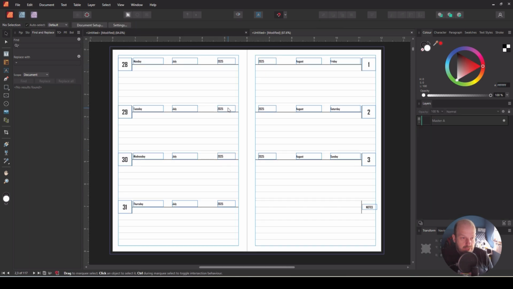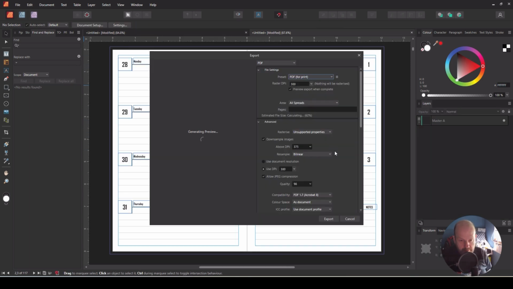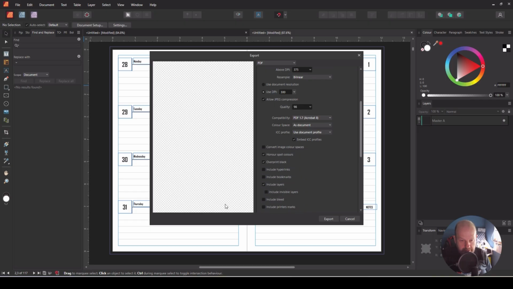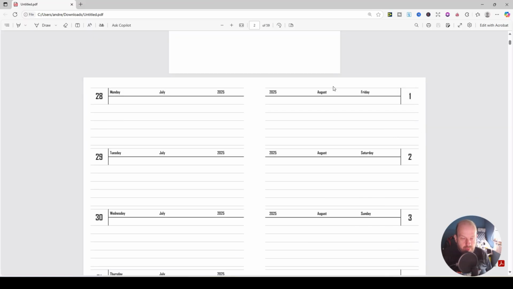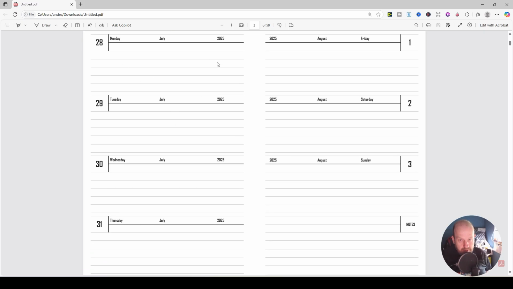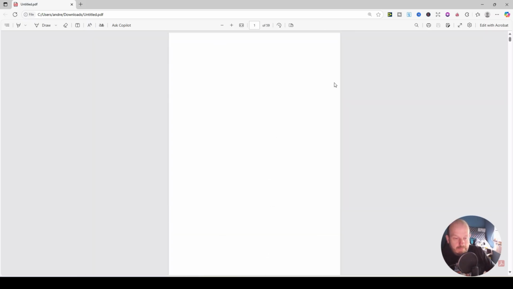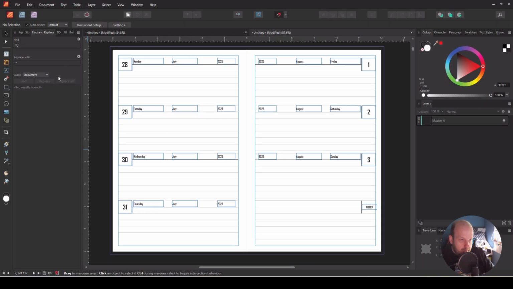And we'll just export this so you can see what it looks like. PDF for print, and if you want to have images include the bleed, I'm not going to bother because I'm not doing it like that. And then this is what it looked like. Double page spread. You want to export pages, by the way, not as spreads. I've done it as spreads so you can see the double page. So it'll be this Monday, Tuesday, Wednesday, Thursday, Friday, Saturday, Sunday section for notes, and that'll repeat throughout the book. And on this page, page number 1 in the book,